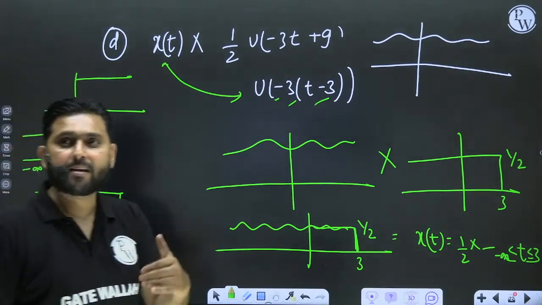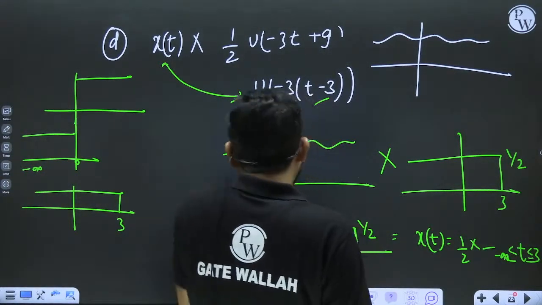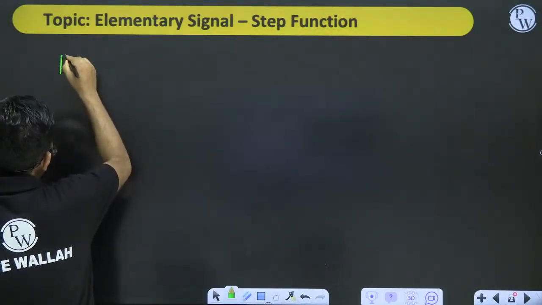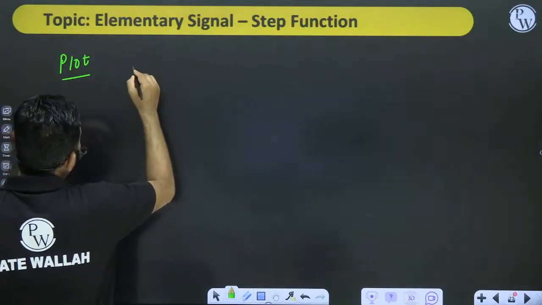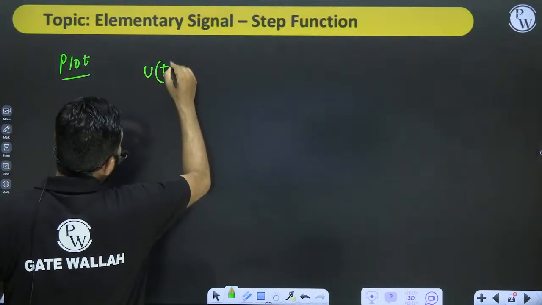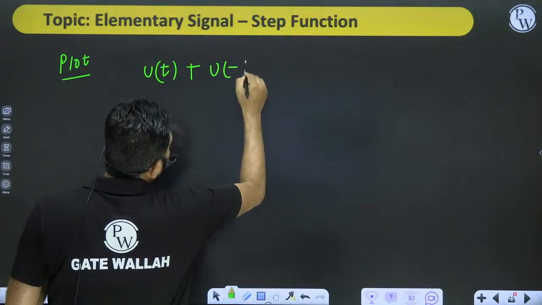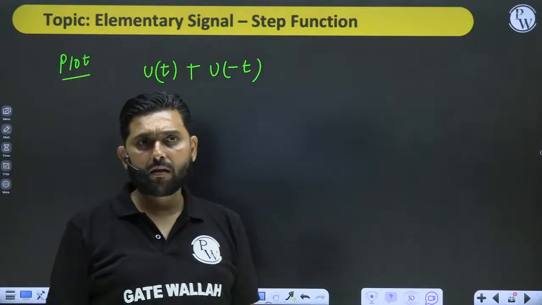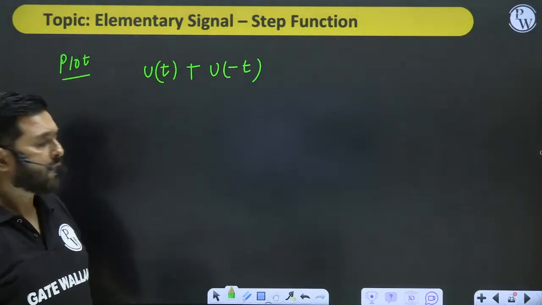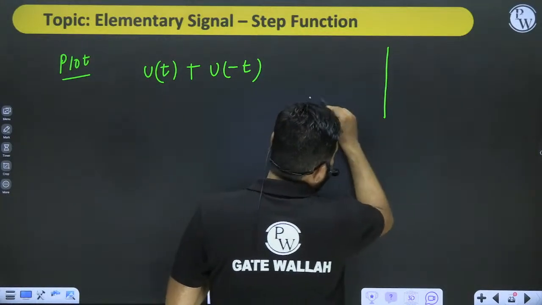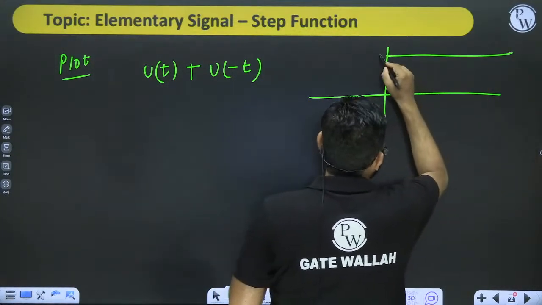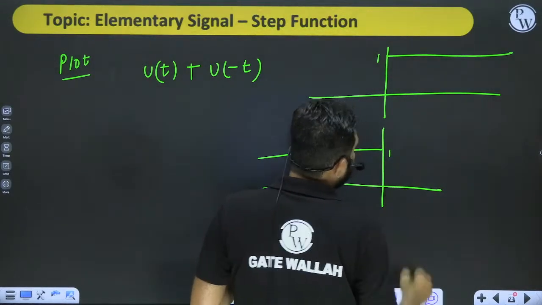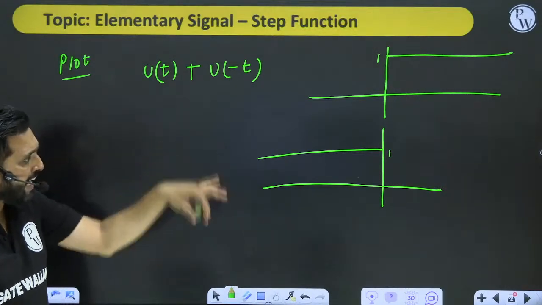Now let's come to one very interesting application of the step function and define another function. Let's say I have a function, again plot. I want this function ut plus u minus t. Suppose I want to plot this function. What is ut? Ut is this function, you know that. It is 1. And u minus t is this function. If you add both these functions,